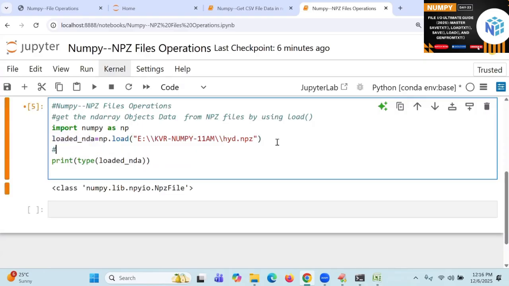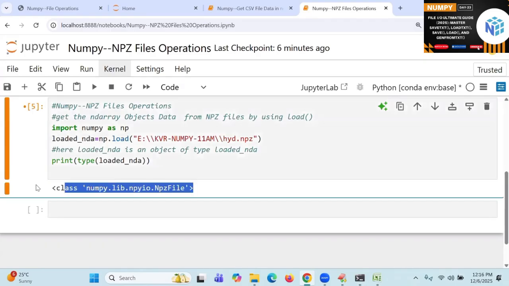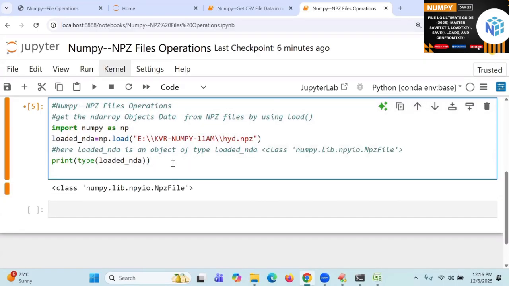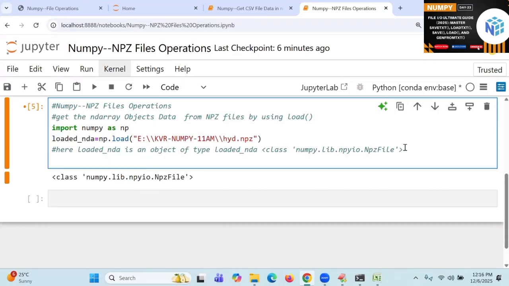Here is an object of this type. You need to take care about this part, because the most preference is given to type, and how the type is going to come, you need to remember. Are you following me? How do you get the data? First ND array: first_a. So NDA_a is equal to loaded_NDA of, very good, key k. What is k? c.